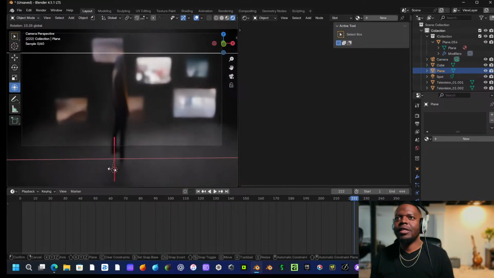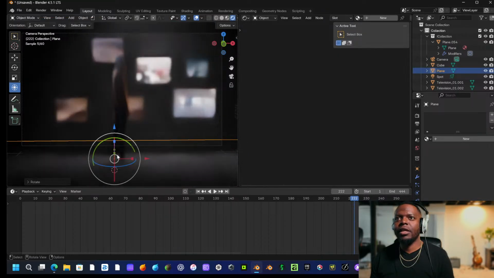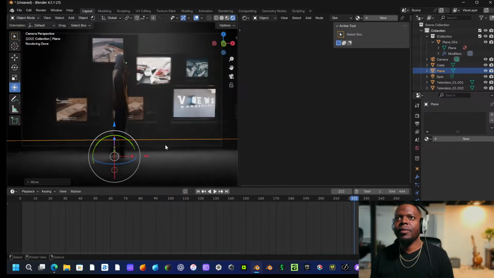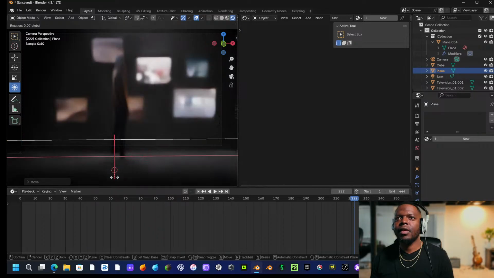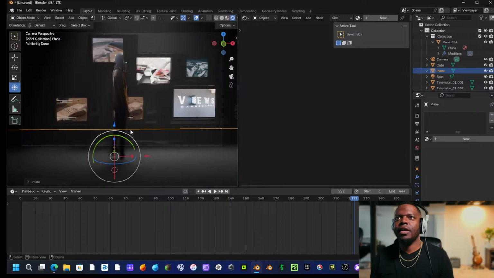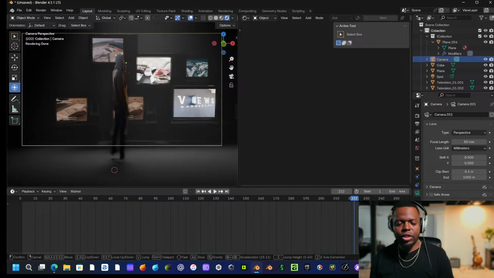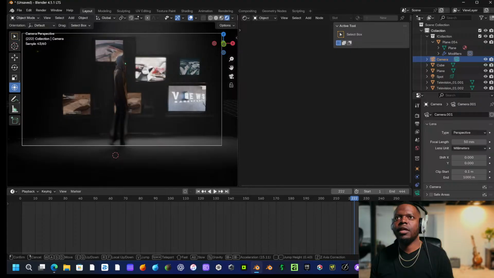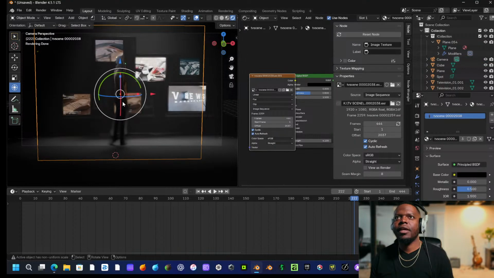And we'll rotate this bottom plane upward to kind of look like it's touching his feet. Not that far. About yay. And then maybe shift W and move out some, but not too much. About yay. And then